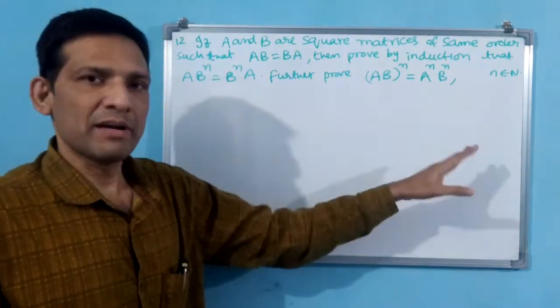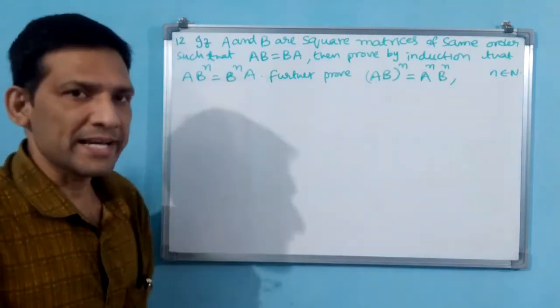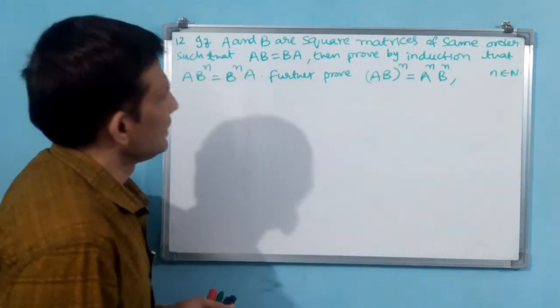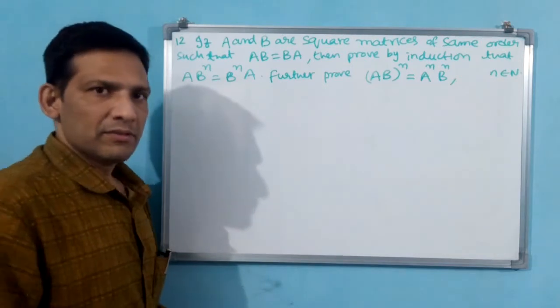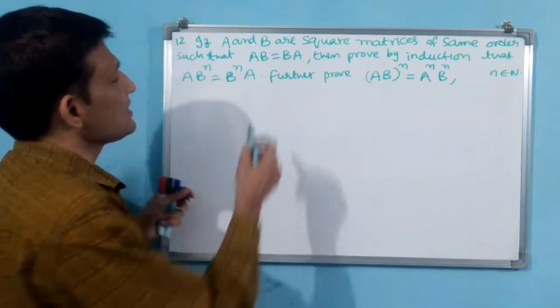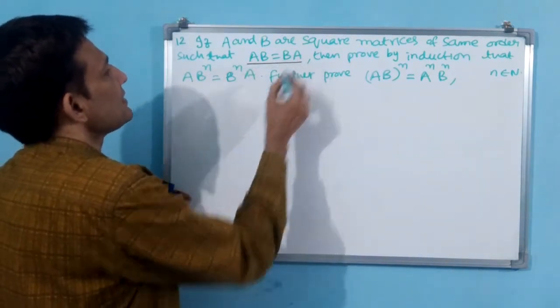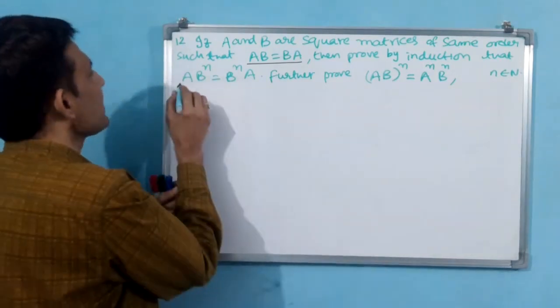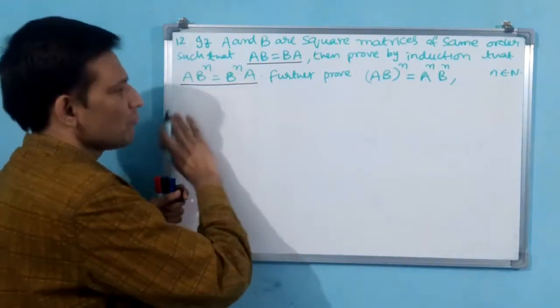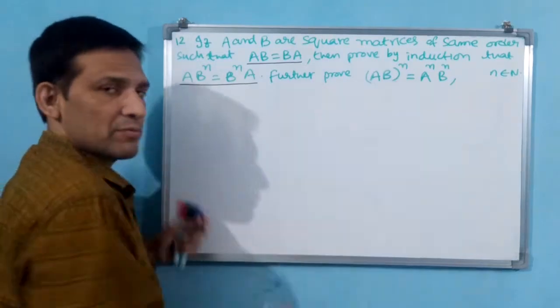Sorry, he has given, but even he has not given, also you have to take n as capital N only. Let us take the first one. But you see, this result you have to keep in your mind. First we will take this proposition, we will finish it, and then we will go for the second proposition.